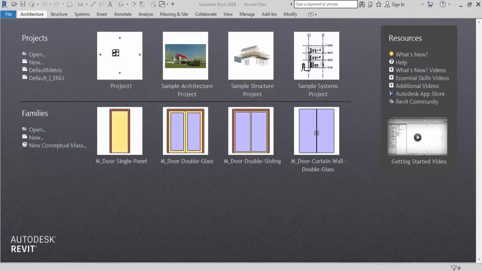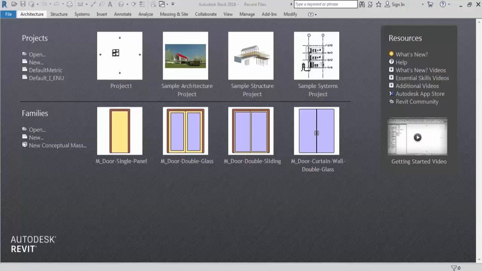So let's get started. First of all, what is a family in Revit? Whatever object or element Revit has provided ready-made comes under families. Ready-made families such as walls, doors, windows, furniture, floors, stairs, etc. In Revit, whatever we create in the project, we use families in all those projects. So without families, we cannot create any project in Revit. Using families, we can create our projects, and Revit has also provided us the option to create new families. So maximum objects are ready-made in Revit.